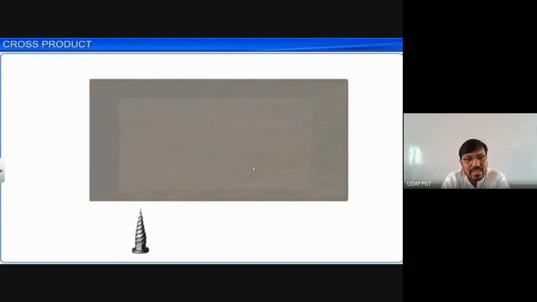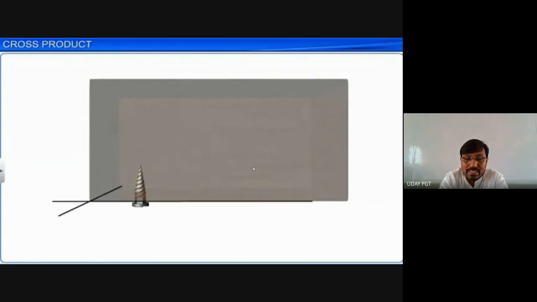Okay, the next thing is cross product. When you are taking the cross product of the two vectors, the dot product is a real number, but the cross product of the two vectors is also one more vector. It is a vector in that. So here you need to take the